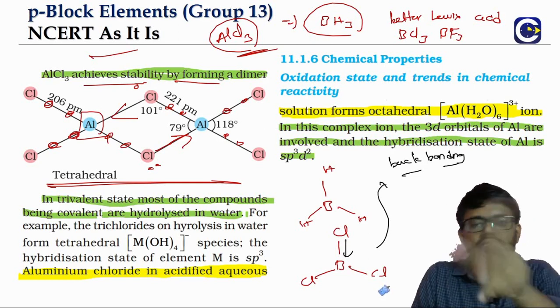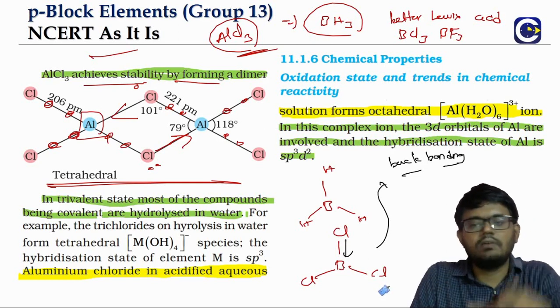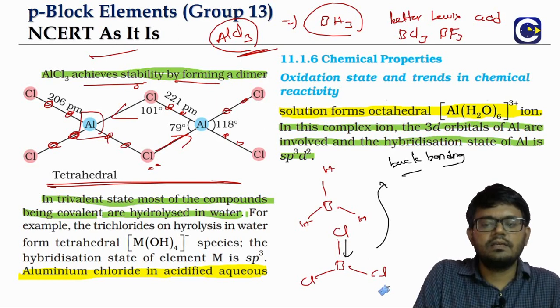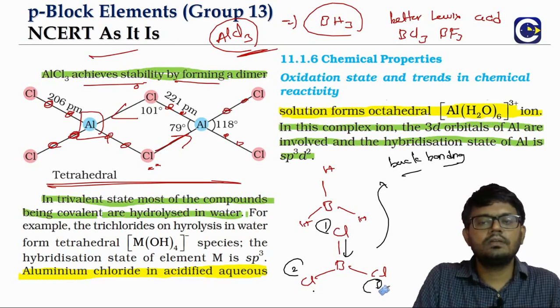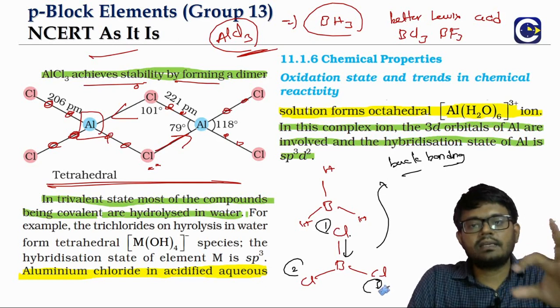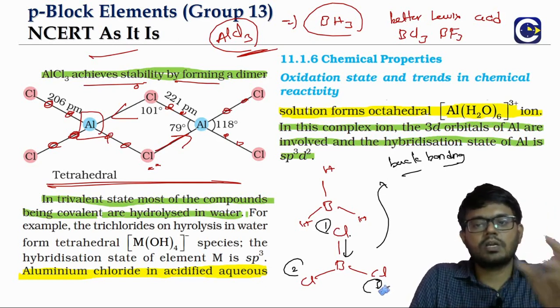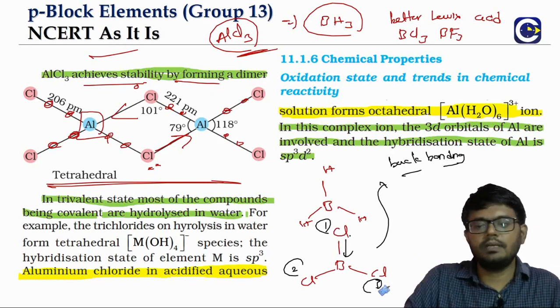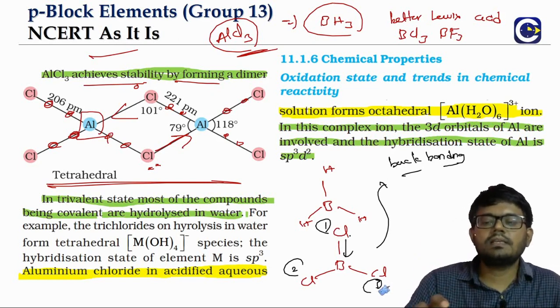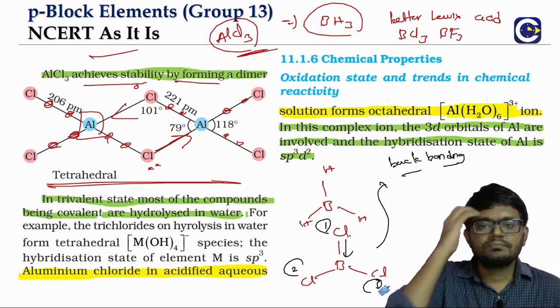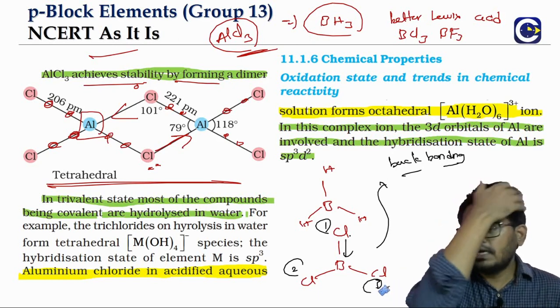And we can give resonance structures for that. We can have alternative canonical structures where in one arrangement this chlorine is giving back bonding, and in another arrangement the second chlorine. This is even experimentally proved. The bond characteristics of the boron-chlorine bond will be intermediate between a single bond and a double bond because of the resonance phenomenon.